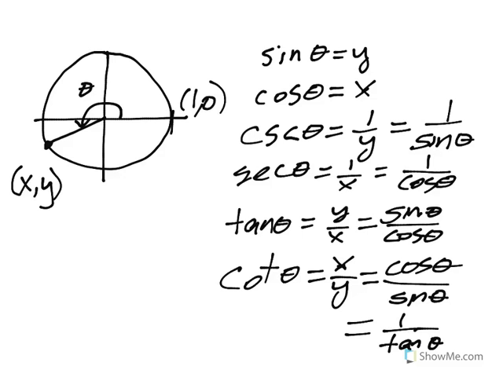So what I'm going to look at is what possibly can theta be in order for these functions to work out and be okay to evaluate, possible to evaluate. And we're not talking about being able to evaluate it without a calculator. It's just, in theory, the definition of this particular trig function would make sense based on the theta. And so the first thing is for both sine and cosine,